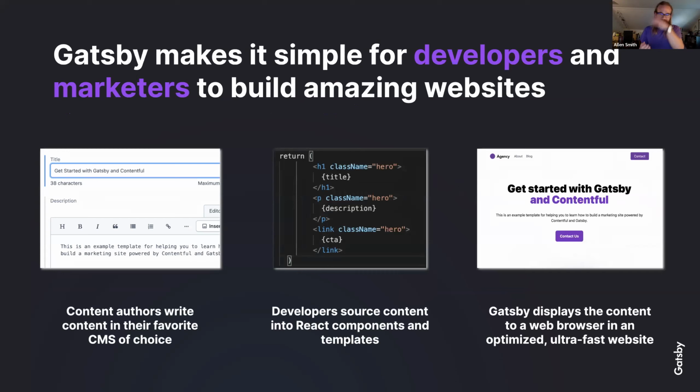So Generosa and I work on separate sides of the company here at Gatsby. I do a ton of stuff in our marketing system, so I live in Contentful and WordPress, and I'm very heavily into editing content. And Generosa, you work more on the code side, is that right? Yeah, I do a lot of performance work. I do a lot of POCs where I build customer sites and add new features from Gatsby. Yeah, so I live in the code more so than the CMS.